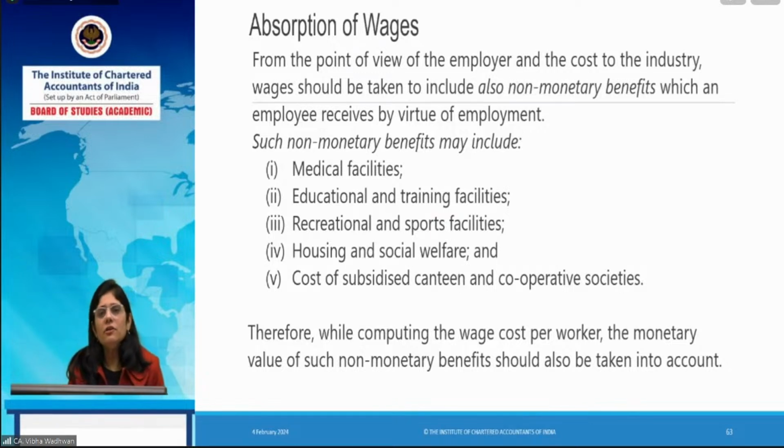In that way, the bonus will be higher. But once you are becoming highly efficient